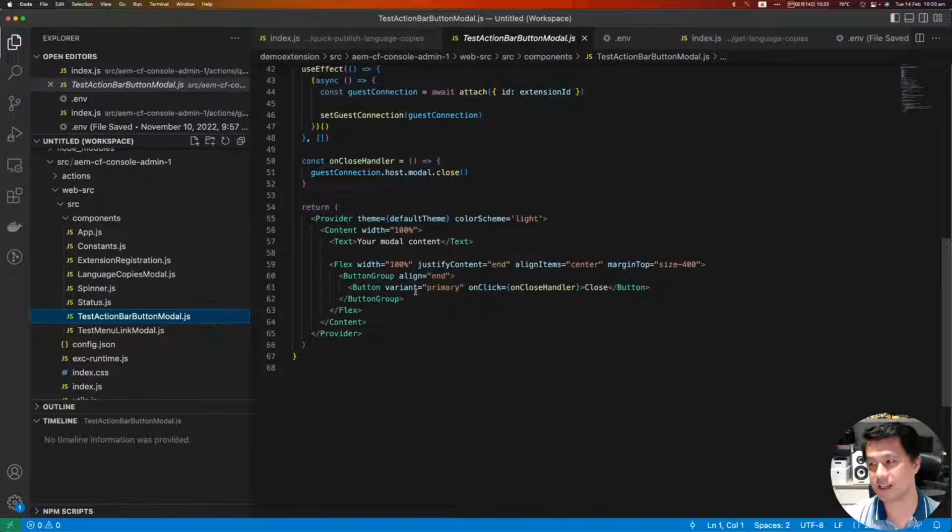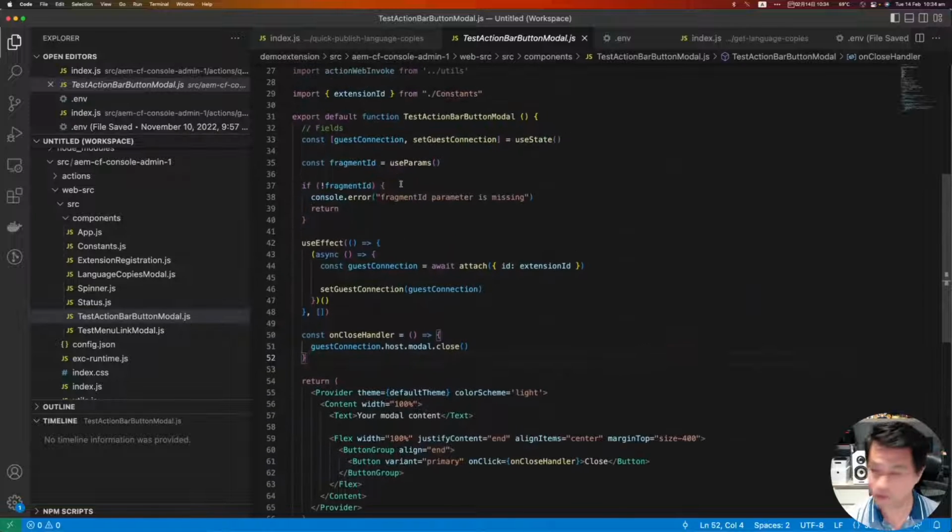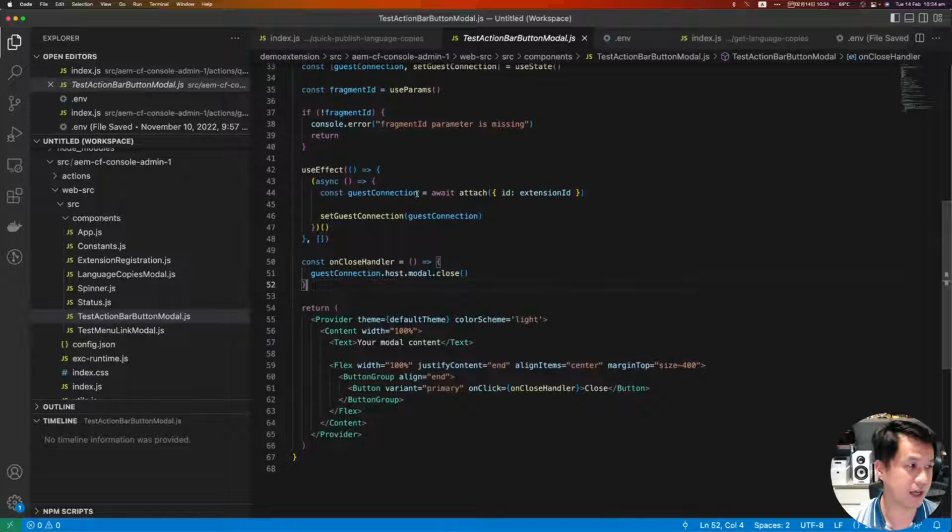Also remember, by the way, this is using React behind the scenes. This is a little bit different from what you usually do with AEM, what we call Coral UI. I personally think this is much simpler because for everyone who understands React, this is just React logic. If you're interested, you still can spend time to learn Coral UI. But this means even if you don't know the AEM core knowledge about the UI framework, you can still build these extensions by yourself. All the JavaScript functions here are just standard React.